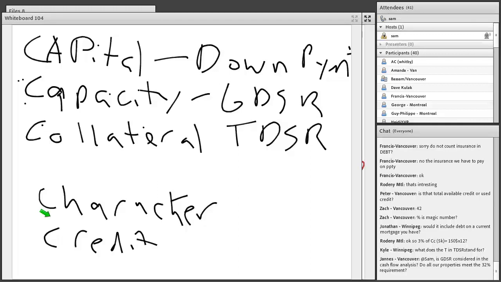So any lender is going to pull your credit bureau. On your credit bureau, there are 2 things they're looking for. They're looking for a score. That score has to be above 640. Let's write that down. There you go. Okay, that's typically what you need to be over for most lending institutions. But score is not the only thing.